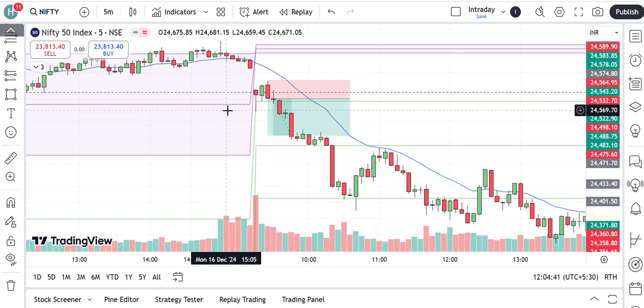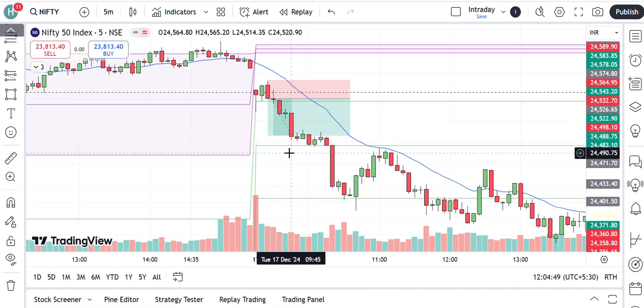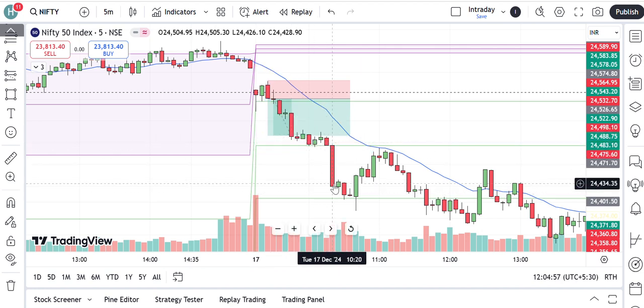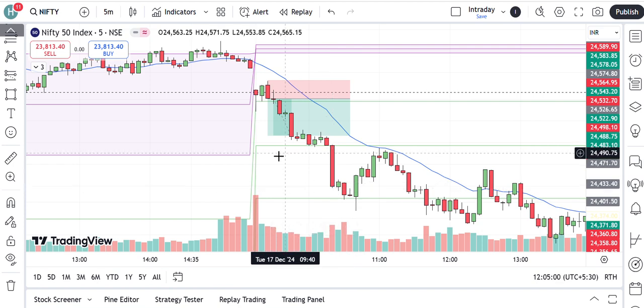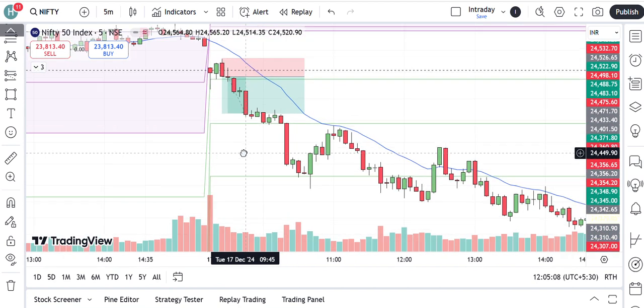The second entry could be when this candle breaks the day's low or the first candle low. This can be treated again as a false breakout from here. Now you can trail the stop loss. Once this candle is broken, then again the next candle, this is broken. This is a big candle. So once your stop loss or your target hits and you are out, the next entry would be